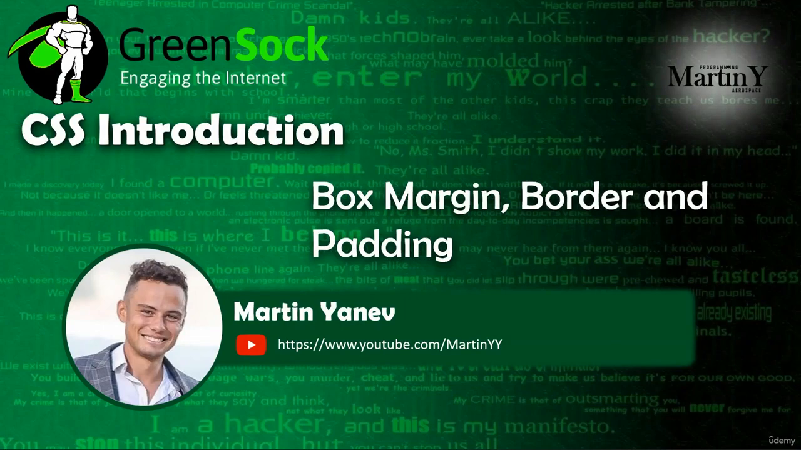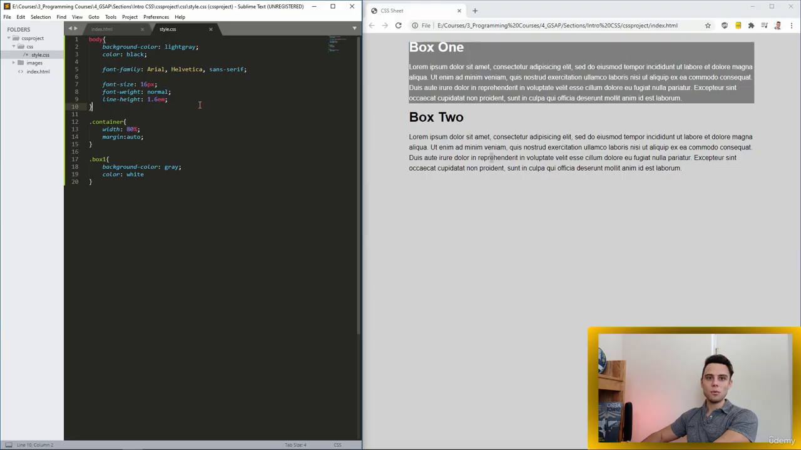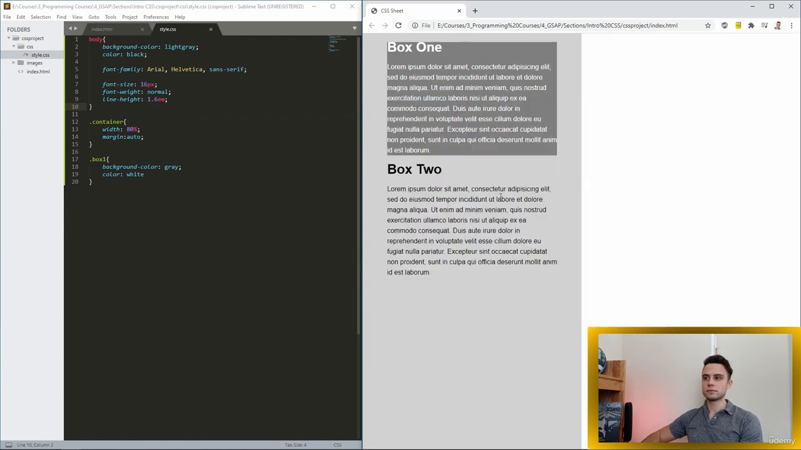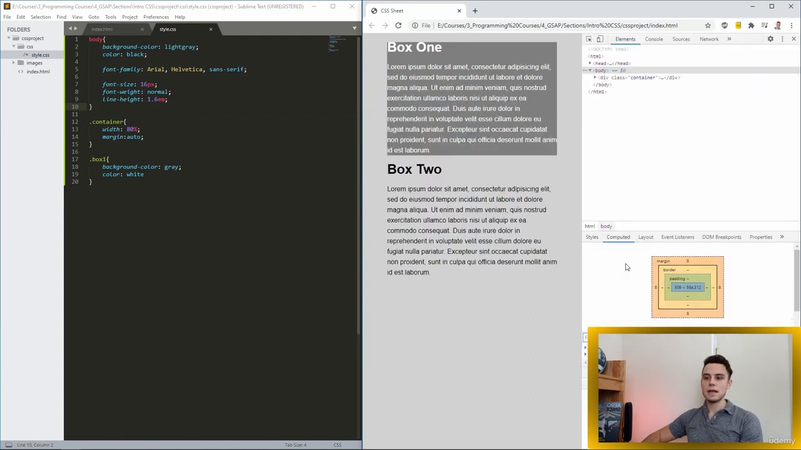Box margin, border, and padding. Hi everyone, welcome back to the course where I teach you the really basics of CSS. And today we are going to talk about the margin, border, and padding of certain text or of a box of text. Okay, so if I press now F12 on our web page, and then if I select computed, you can